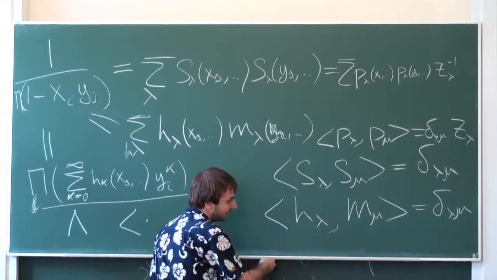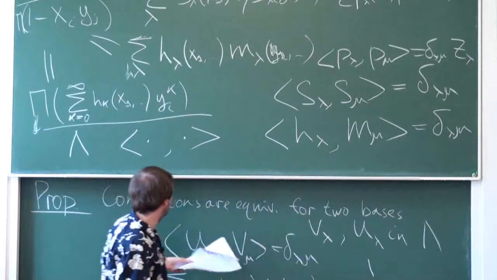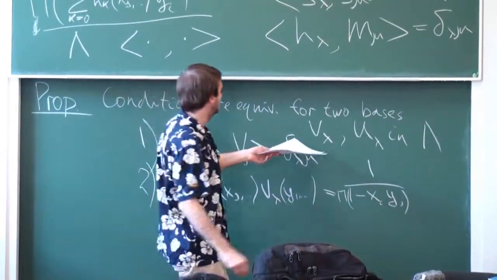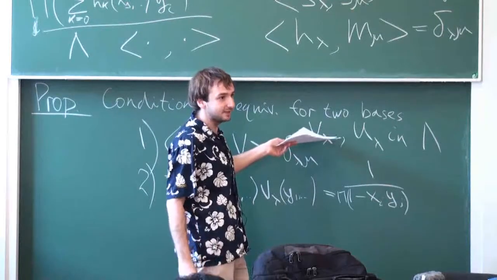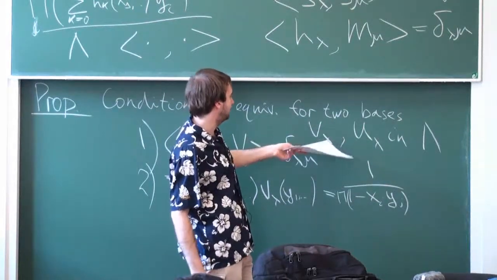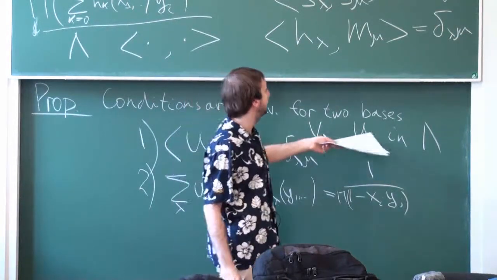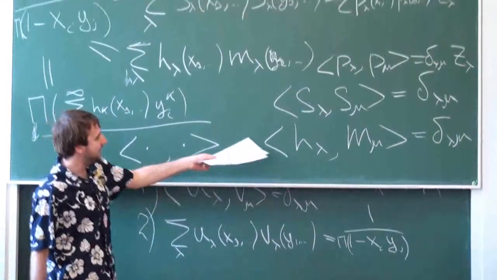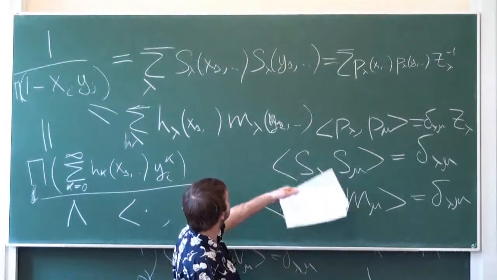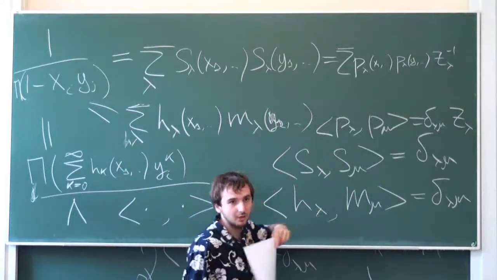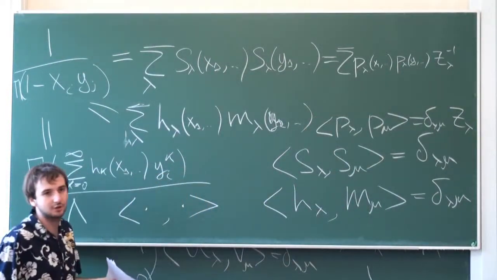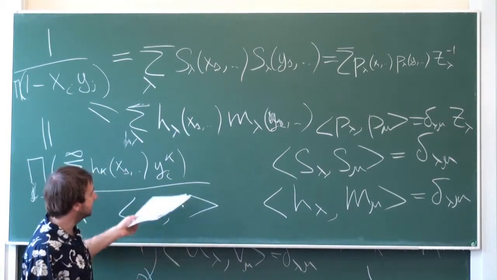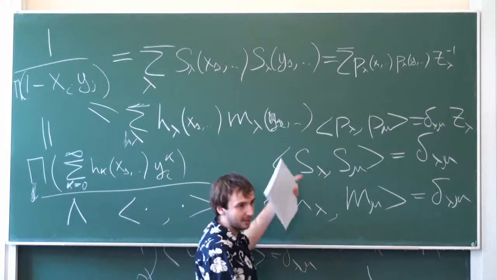Just a small remark. We need a condition that these two families are indeed bases. So we need V lambda to be a basis and U lambda to be a basis. We already know that H functions, M functions, P functions form bases. This we proved at the first lecture. In principle, we don't know whether S functions form a basis,